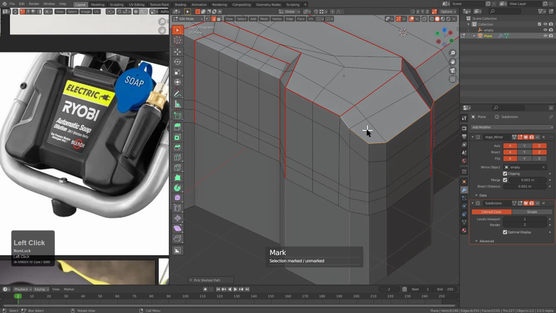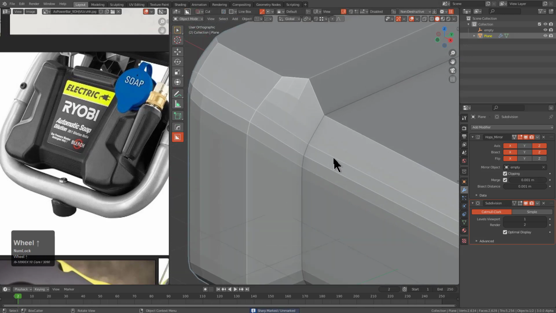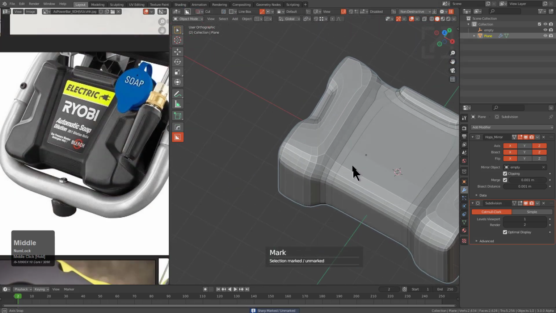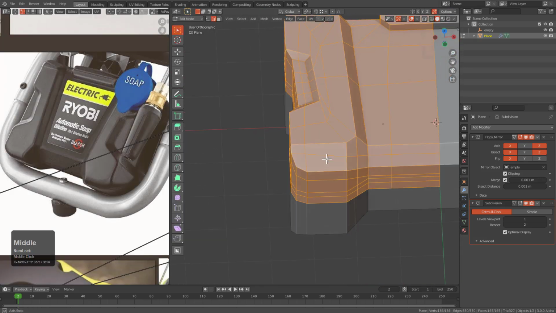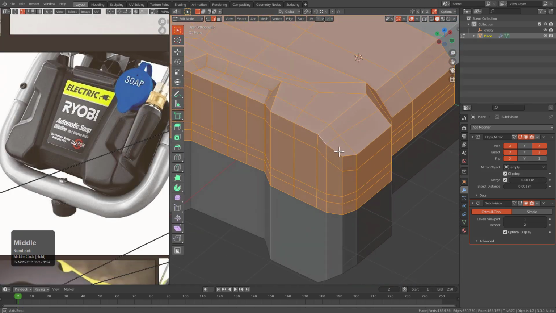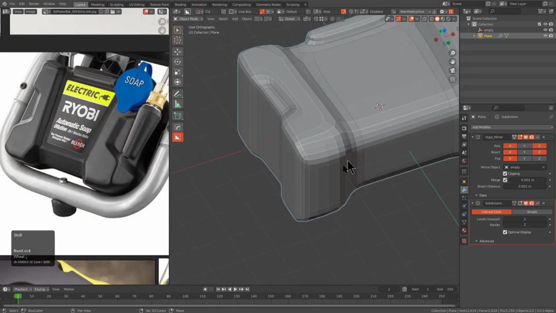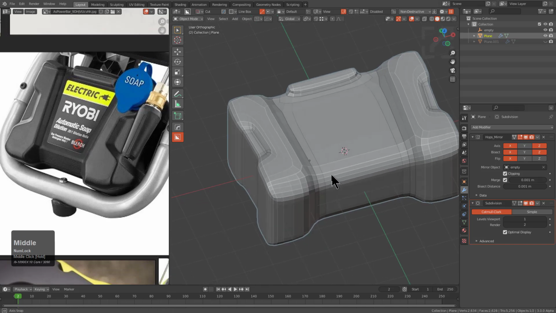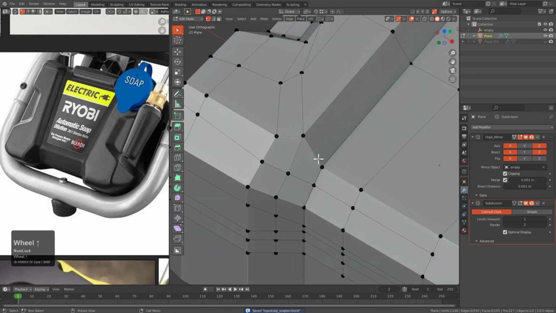I'm going to uncrease this area, and we're just looking at what that would have been with raw subdivision. In fact, let's uncrease it completely, so that way we can try to resolve this with just general subdivision. So I'm just thinking off the top of my head right now. Keep that in mind. Shift D. Let's select the secondary one and hide it just in case we make a mistake. Save our file, and